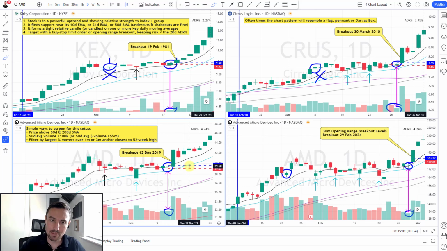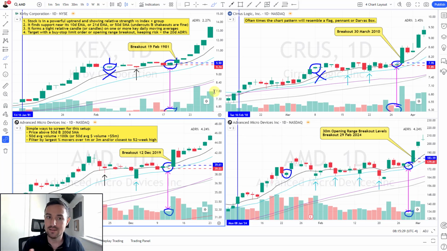But then you're starting to build out the mental representations, and you're going, okay, what does a really good setup look like? What is a fantastic setup? What is a 9 out of 10, a 10 out of 10 setup? It's this criteria, this criteria, this criteria, and this criteria. And anything that doesn't have that criteria, well, it's not a 9 out of 10, and it's not a 10 out of 10. So this is the type of things to be ingraining, and then you can start going a